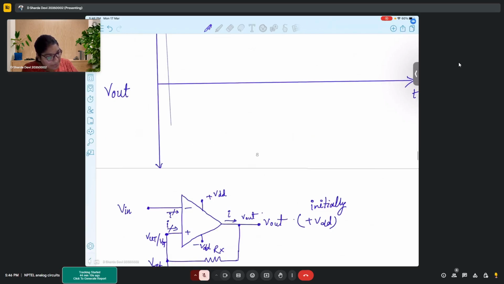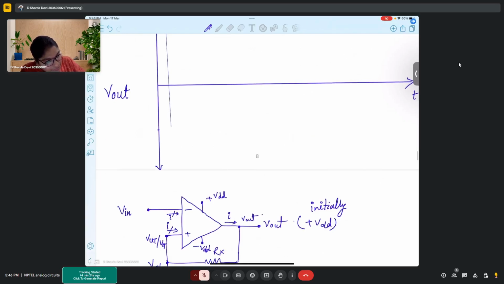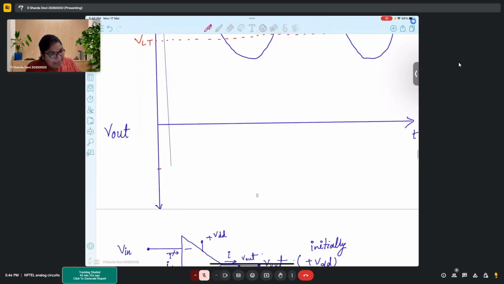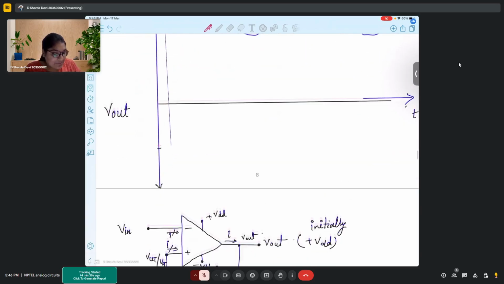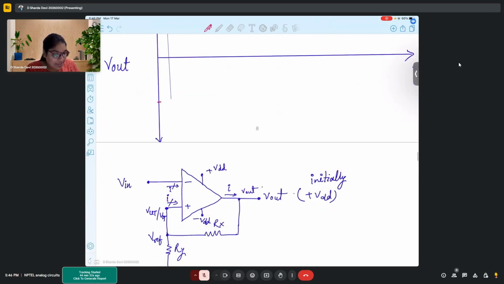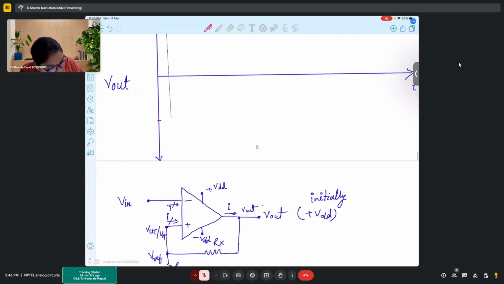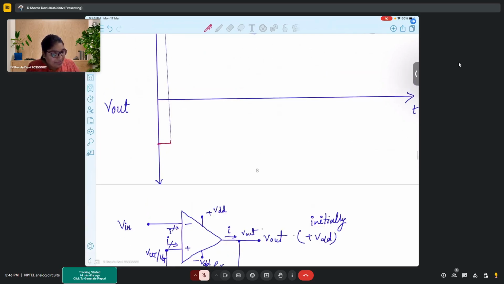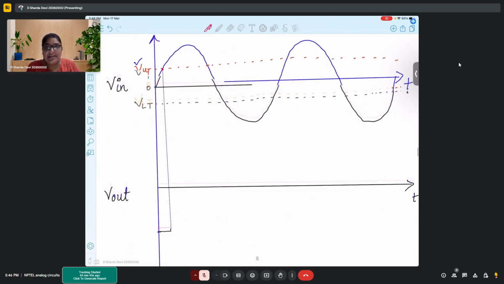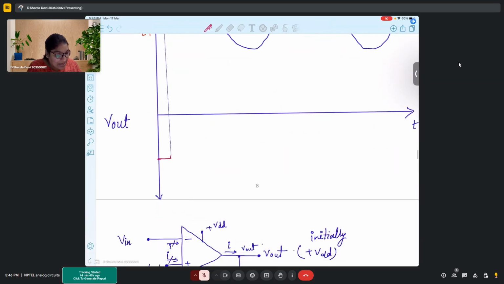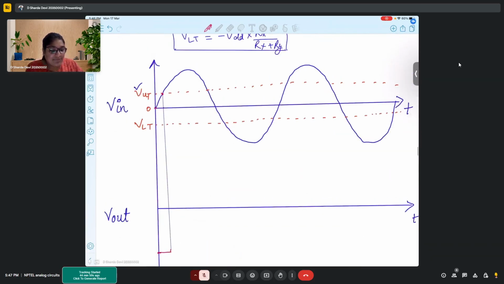So V out was plus VDD initially at 0, right? Then Vin is slowly rising, but it is smaller than VUT. So always our output will remain at plus VDD until the Vin crosses VUT level, which is this level, right? So as my Vin crosses VUT,